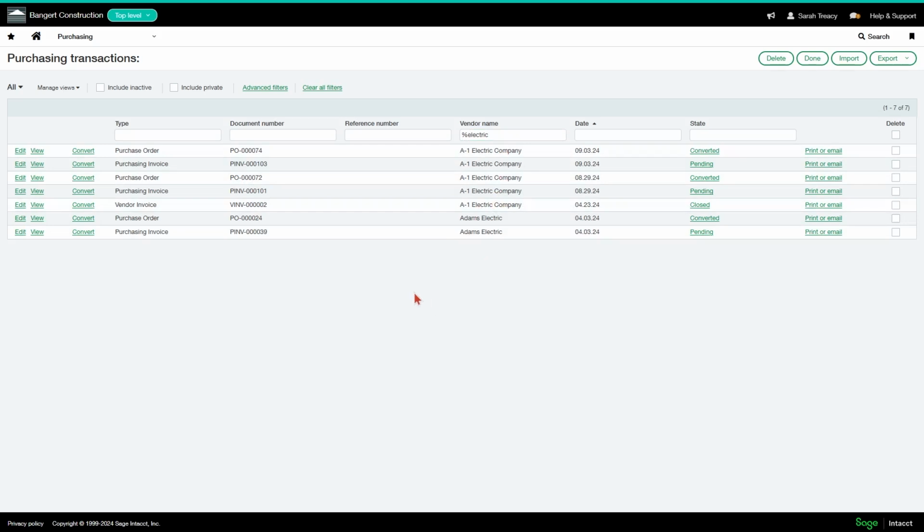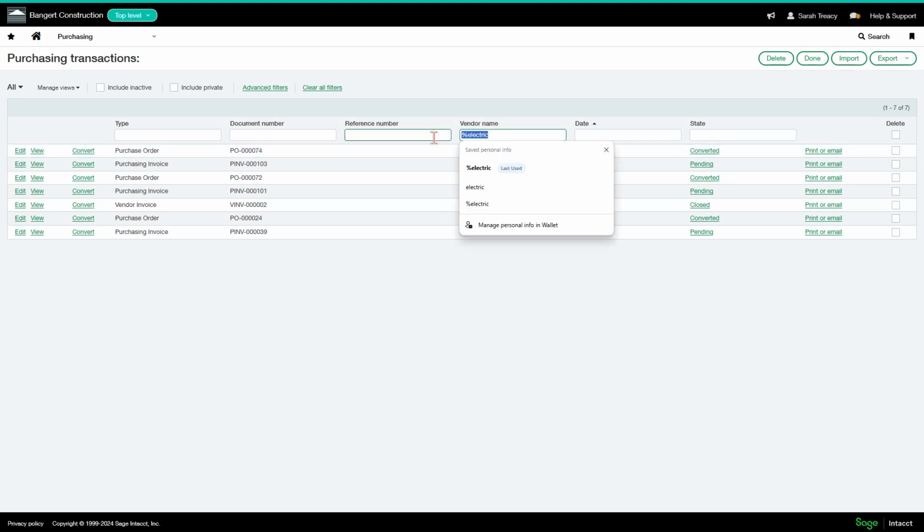So the percent sign beforehand is going to give you a wildcard, and it's going to allow you to bring them up. And I just did want to mention quickly as well that the beta views that they're bringing in will actually allow you to look at a part of a name without doing the percent sign, but they don't have them everywhere throughout the system. Where they do have the option to switch to beta lists, you should be doing that, because eventually it's going to take over and you're going to have no choice but to use it. So you might as well get used to it now. But in the case where you're trying to find something, use the percent sign, and that's your little wildcard.